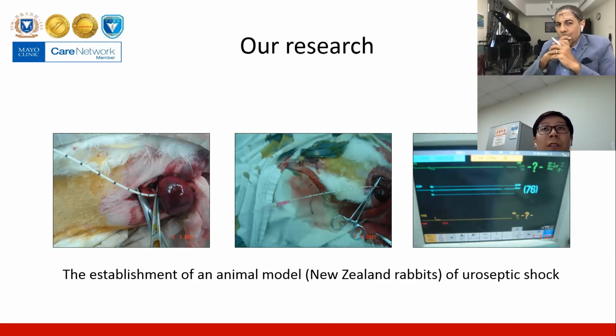In our research, we first established an animal model, New Zealand rabbits for septic shock. All rabbits were anesthetized and intravenously given